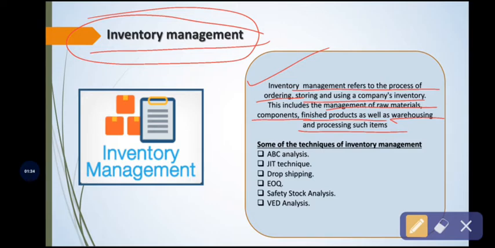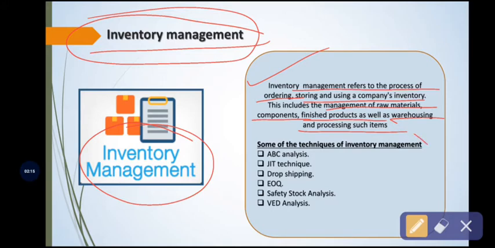So the management of inventory completely speaks about what we are going to order and when we are going to order, what we are going to store and when we are going to store, and when we are going to use the stored material in the production process to produce the product or services, and when we are going to deliver the product. It's all about this. So the management of inventory is a very important concept in cost control and cost reduction.